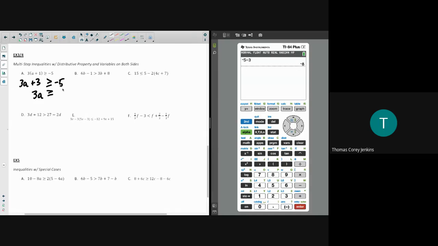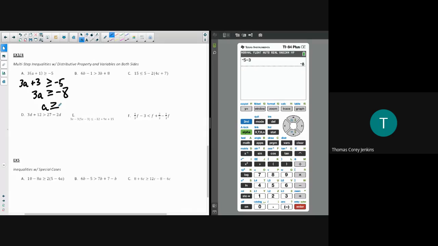Now you might notice there that 3 does not go into 8. That would be a good thing to notice. But if you don't, you'll notice it on the next step, right? So now we divide everything by 3. We get a is greater than or equal to whatever this divided by 3 is. We don't really want a decimal, so I suggest you just leave it as